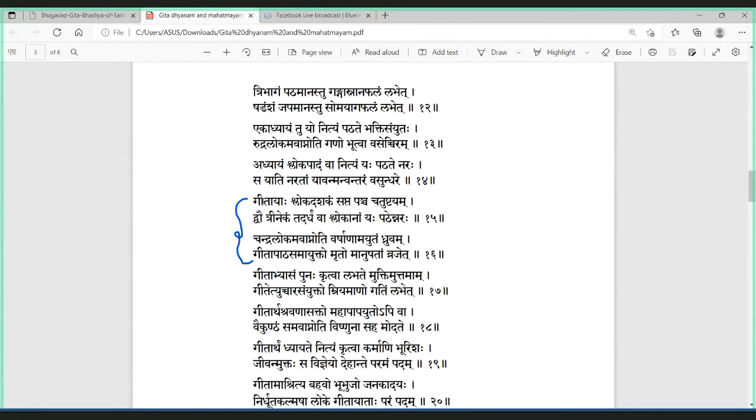Gita patha samayuktaha mritaha. Supposing at the time of the death, it means you have not done all of this. अपने जीवन में ये सब गीता नहीं किया है. Starting from reflection on Gita and abiding by it in your life, then doing parayanam of the 18 chapters, you have done nothing. Not even one ardha matra. You have not done it. But at the time of death, mritaha,